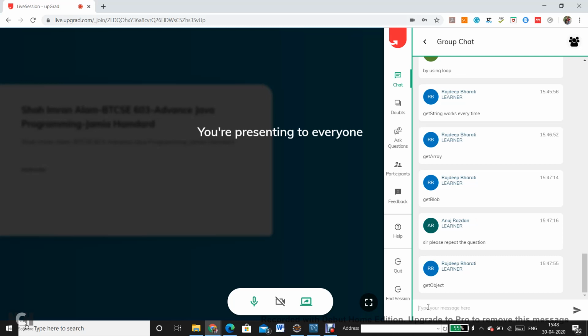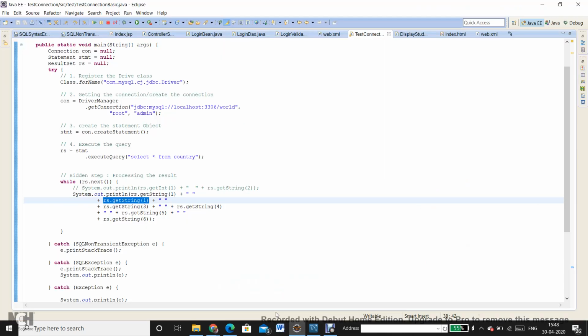Can we have any method which can get away from this requirement of mentioning the data type? Yes, Rajdeep has got that correctly. It's getObject.